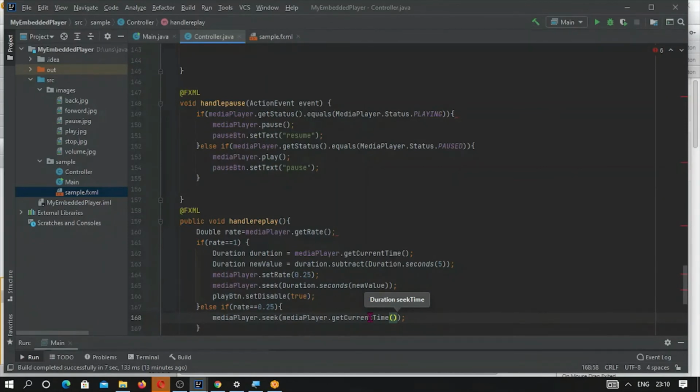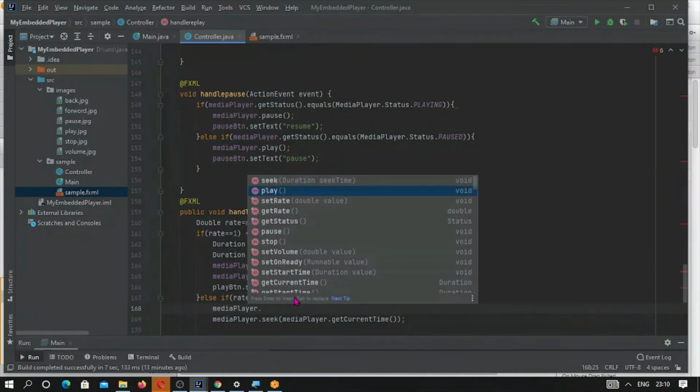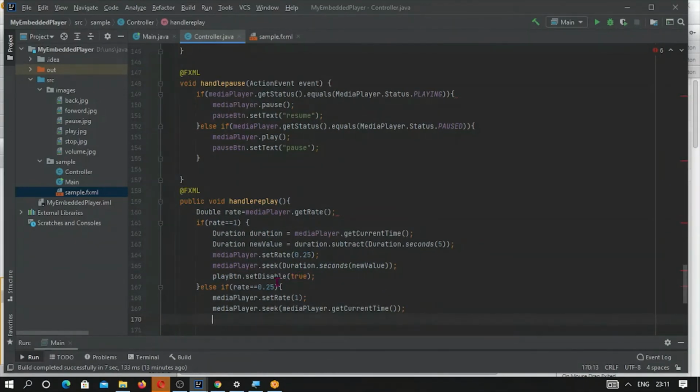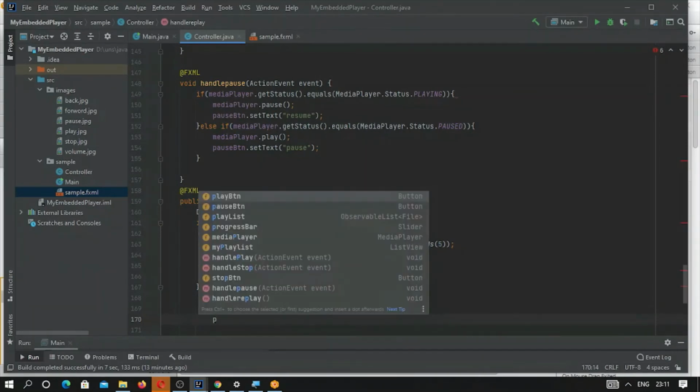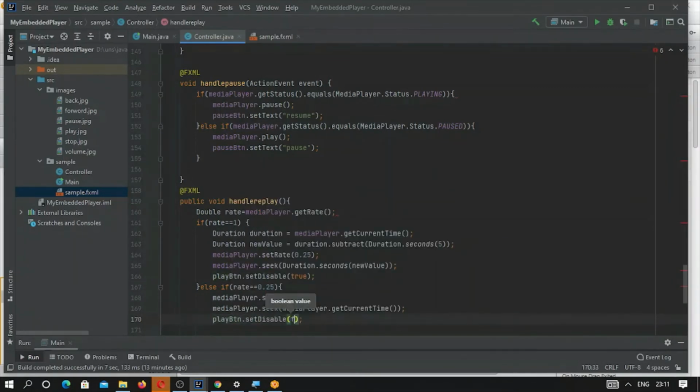So it should start, and first it should fix the rate back to 1, set rate, and it should play. Initially we disabled the play button, and now we have to enable it, dot set disable, and that should be false.